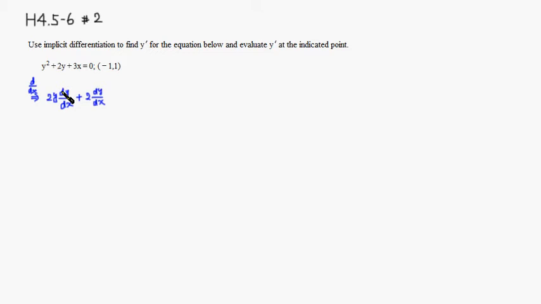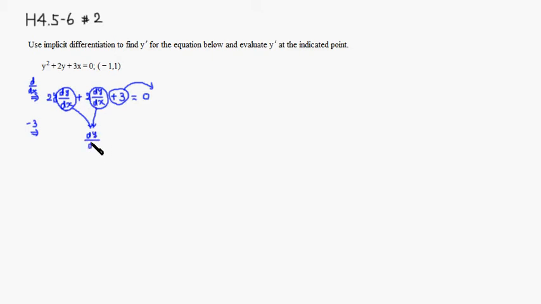Right, derivative of 3x is just a regular derivative, so it's going to be 3. And derivative of 0 is still 0. Right? Then first, we need to put positive 3 on the other side by subtracting 3. Right? So then, since dy over dx is in common in the first two terms, I'm gonna combine those two, just factor out the dy